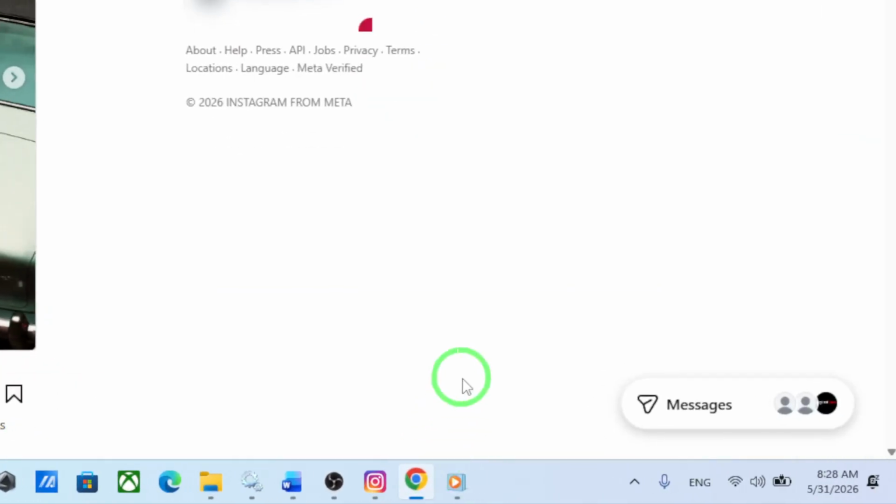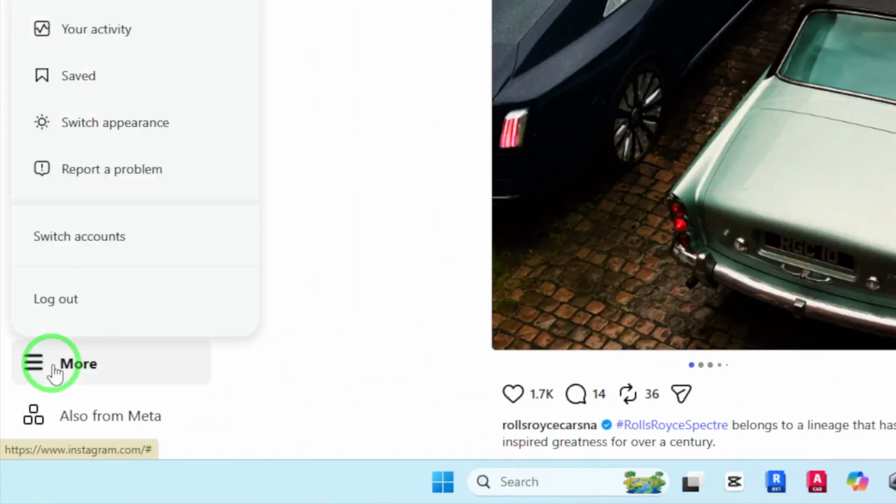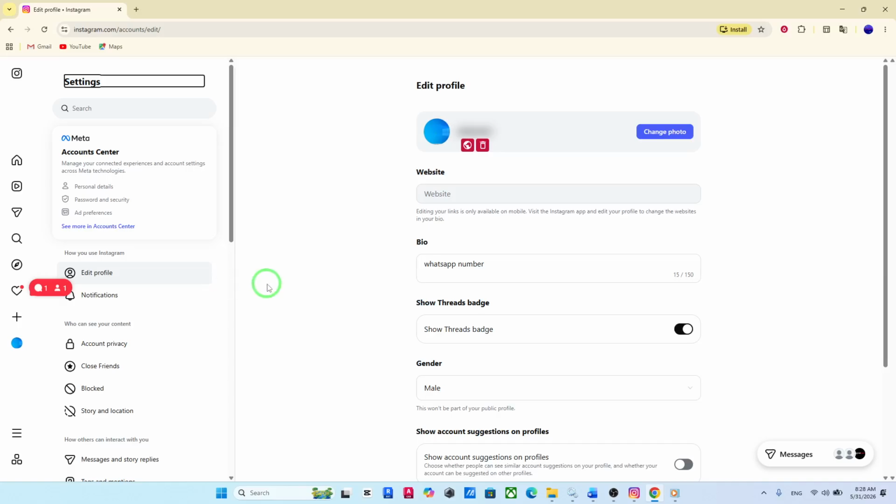Once you're on the home screen, take a look at the bottom left corner of the page. You'll see a menu icon with 3 horizontal lines. Go ahead and click on that. A small menu will pop up. From here, select Settings. This will take you to your account settings page, where you can control different aspects of